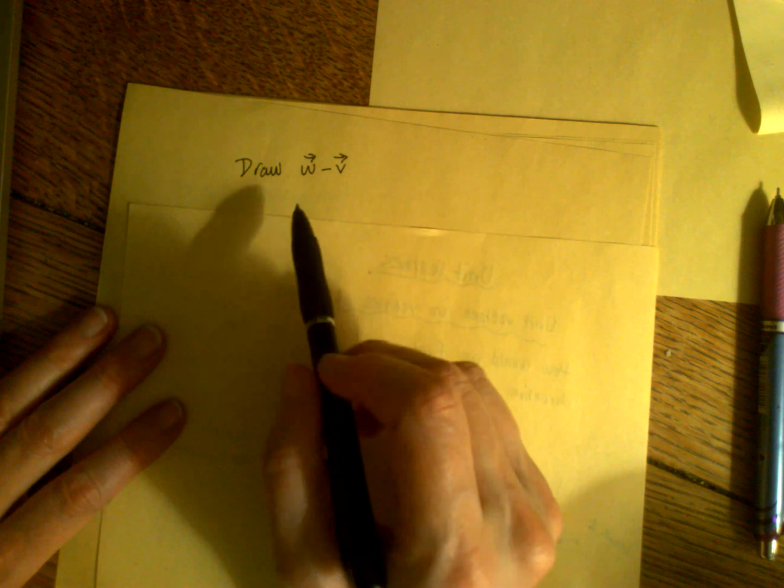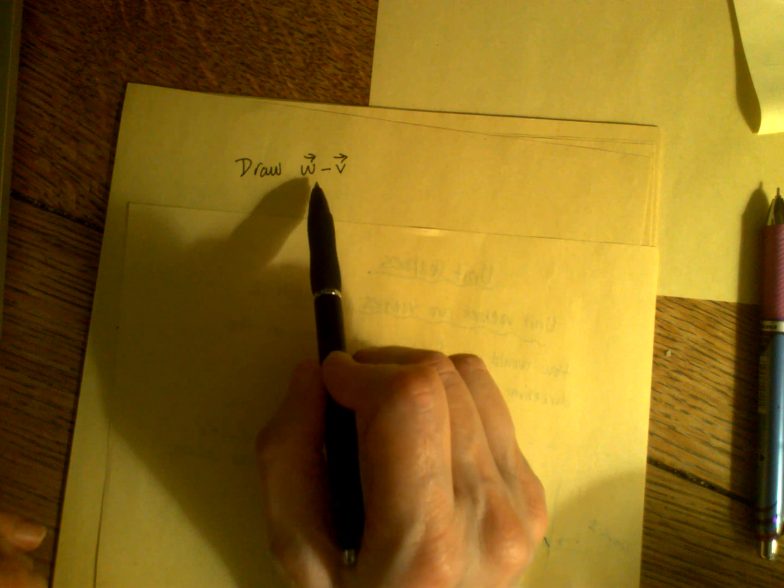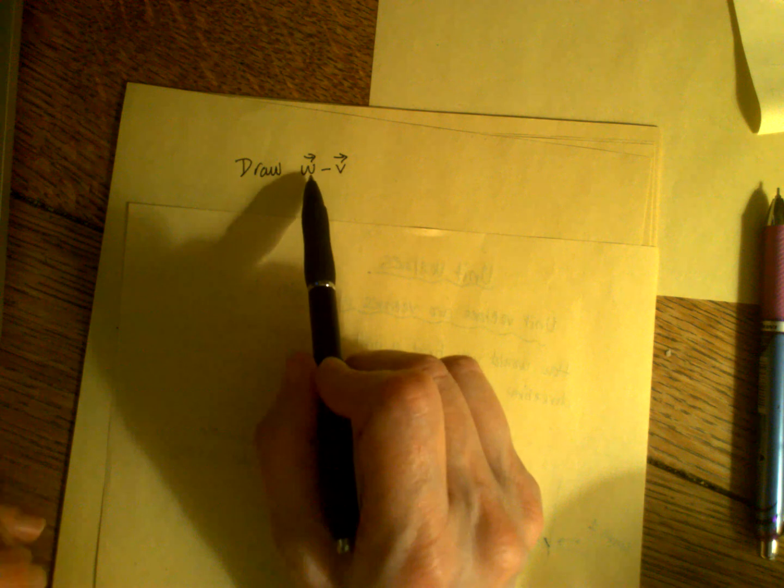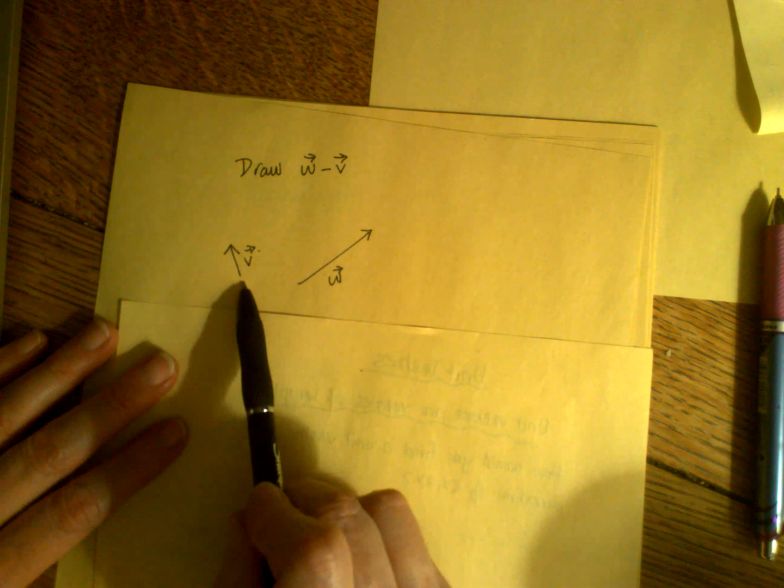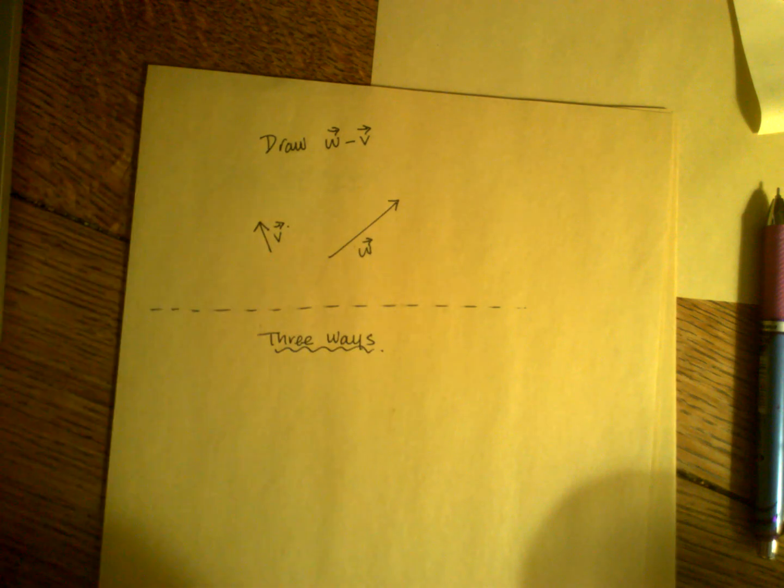Okay, and then finally, almost done. Here's vectors. So I want you to draw what the vector calculation would look like if I'm going to do W minus V, if this is W and this is V. Pause the video and try it. I'm going to show you 3 different ways. So one way to do it